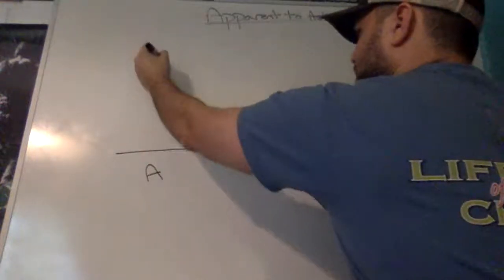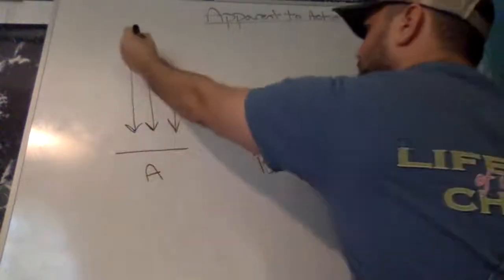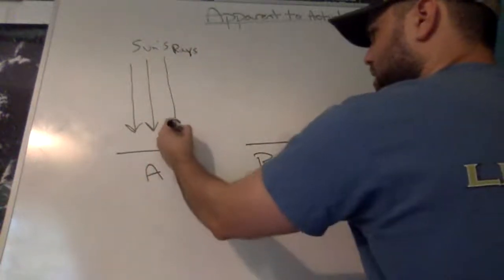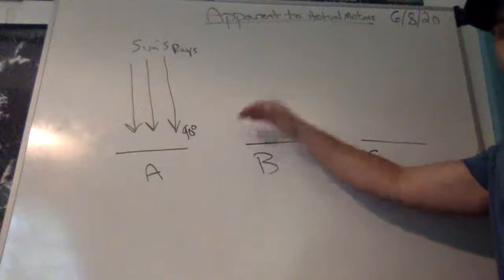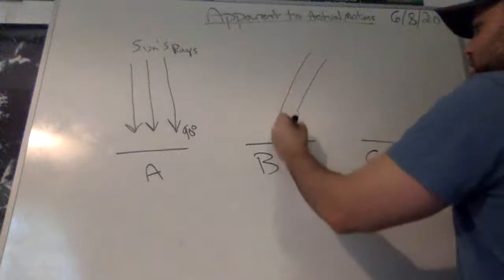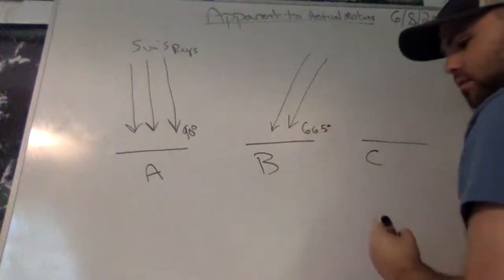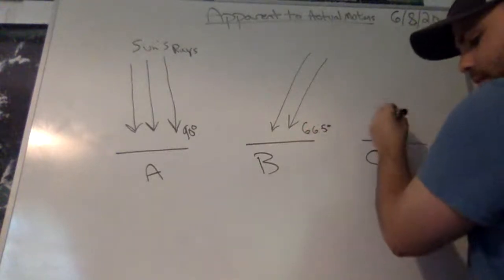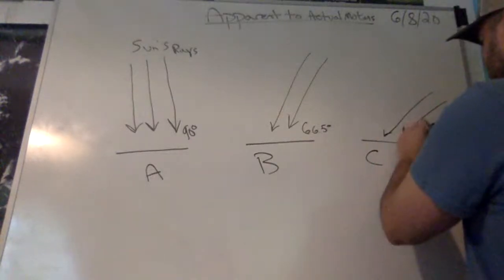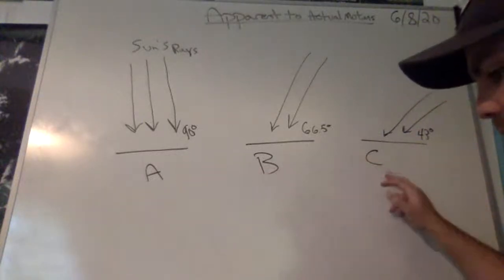So for this one, it's showing that the Earth is getting the sunlight directly overhead, okay? So this is the sun's rays, and it tells us that it's 90 degrees, so it's directly overhead. It's directly looking down. Now for B, it's telling us that the sun's rays are hitting at an angle of 66.5 degrees. And then for the last one, C, it's showing us that it's really hitting at a lower angle, and it's 43 degrees. So for this, we have to say, as viewed in sequence A, B, and C,